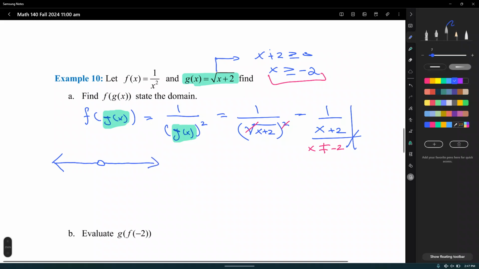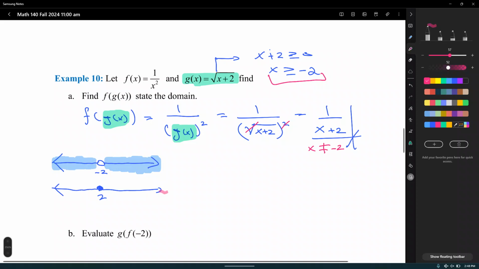All right, and then I'm going to represent as a full circle here, or as a bracket as we have done it in lecture, in class. Either way, it doesn't matter. So that's -2 and 2. Let me highlight with blue over here so you can see the colors overlapping. So I'm going to highlight everywhere except where the hole at -2 is. That is all this. And for the radical function, I'm going to highlight with red